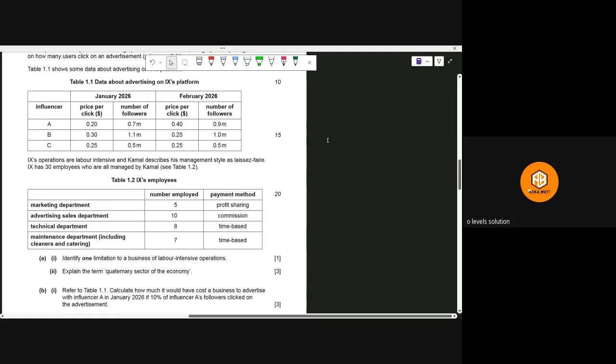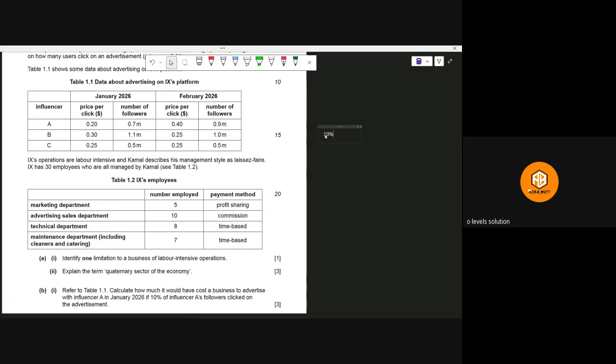So let's find out the total number of clicks. If you multiply 0.7 million with 10%, it will be equal to 0.07 million, so it is equal to 70,000